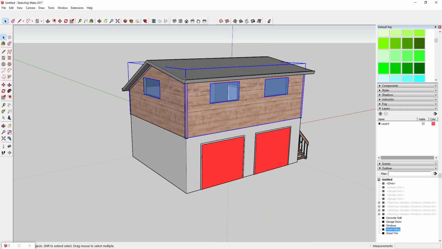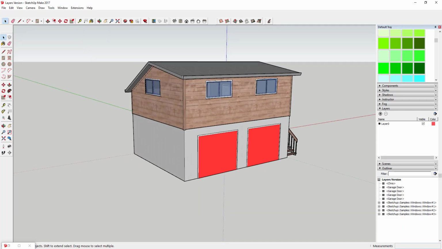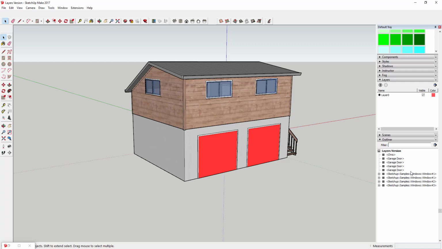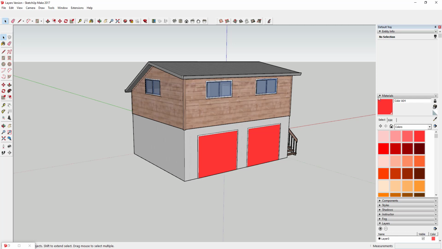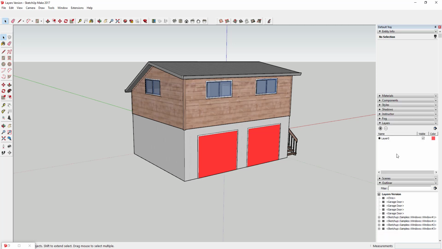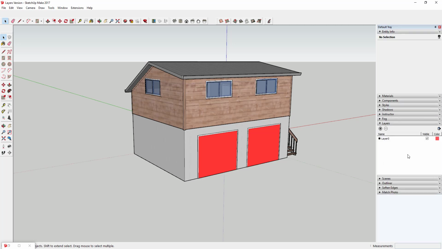One other way to do this is to do this with layers instead of with the outliner and with groups. All right, so the other way to do this is instead of using these groups, so I came in here and exploded all the groups I just created. What you can do instead is you can also use the layers to get quantities really quickly. The way that you're going to do that is you're going to put each material type on its own layer. So for example, if I come in here and I create a layer called wood siding, just like this,